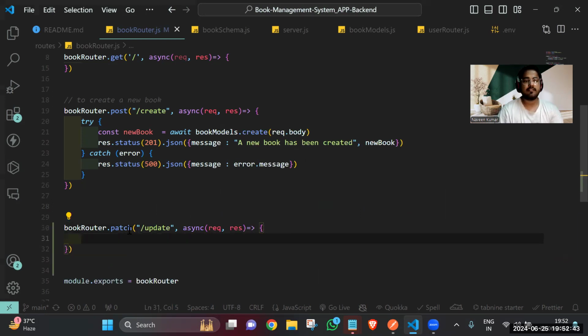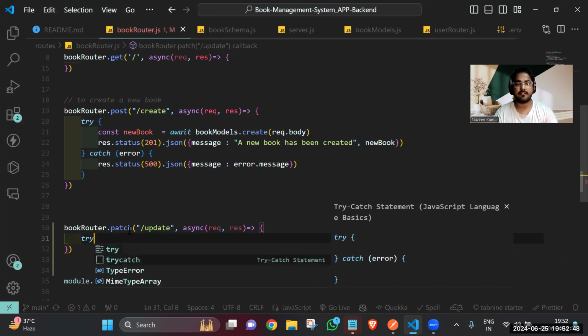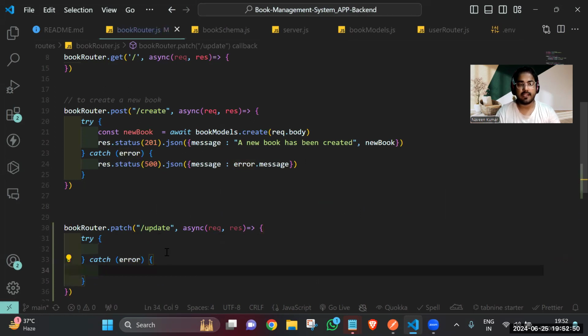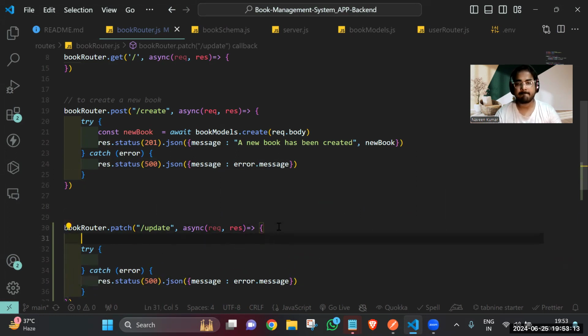That is an async function. And after that I need to code it inside a try catch block. Initially we'll handle the error, so to be precise I'll say res.status. If your book is not yet updated, you need to provide a specific code. For this moment, I'll provide res.status 500 JSON and the error message, whichever message we get. Now to update a book, you need to go with